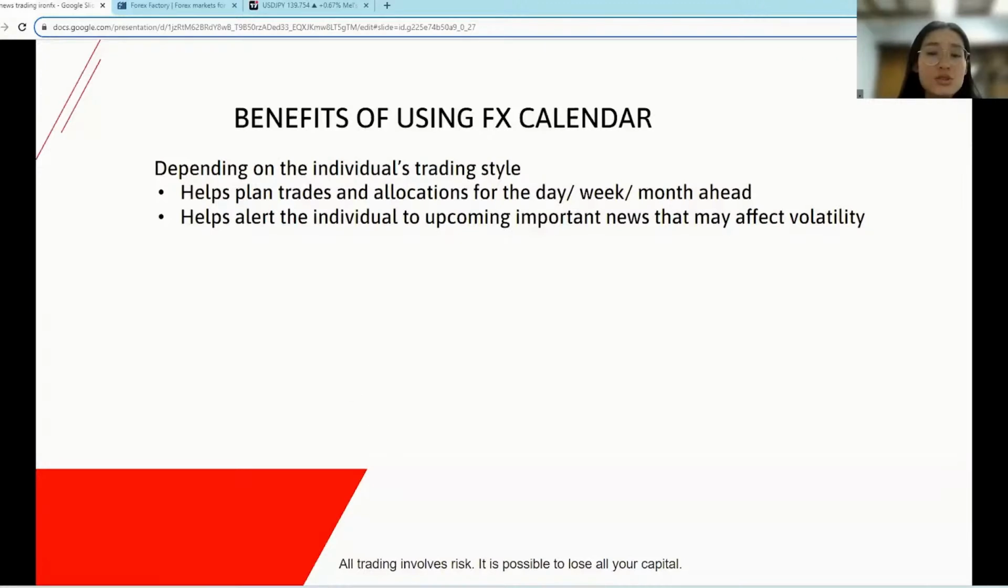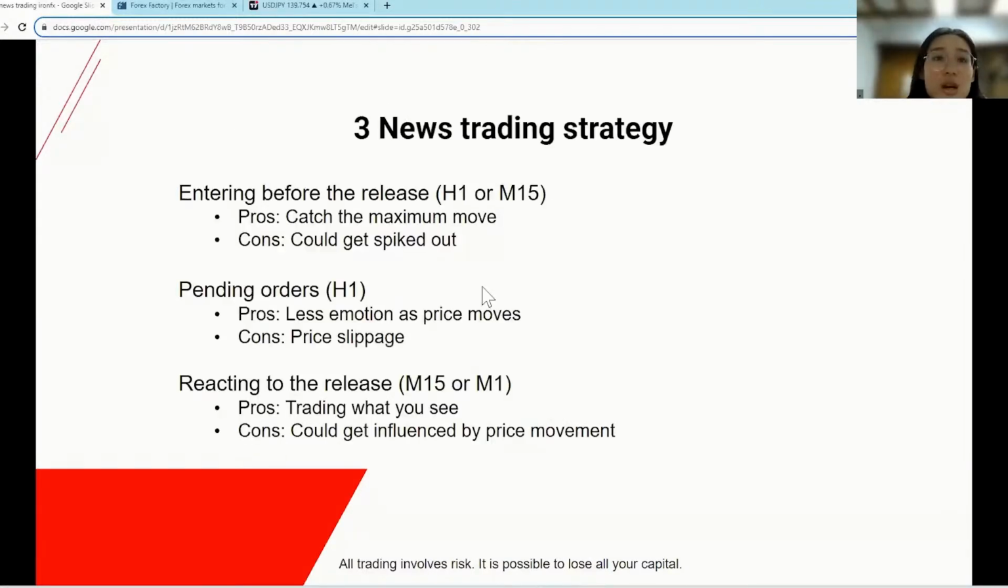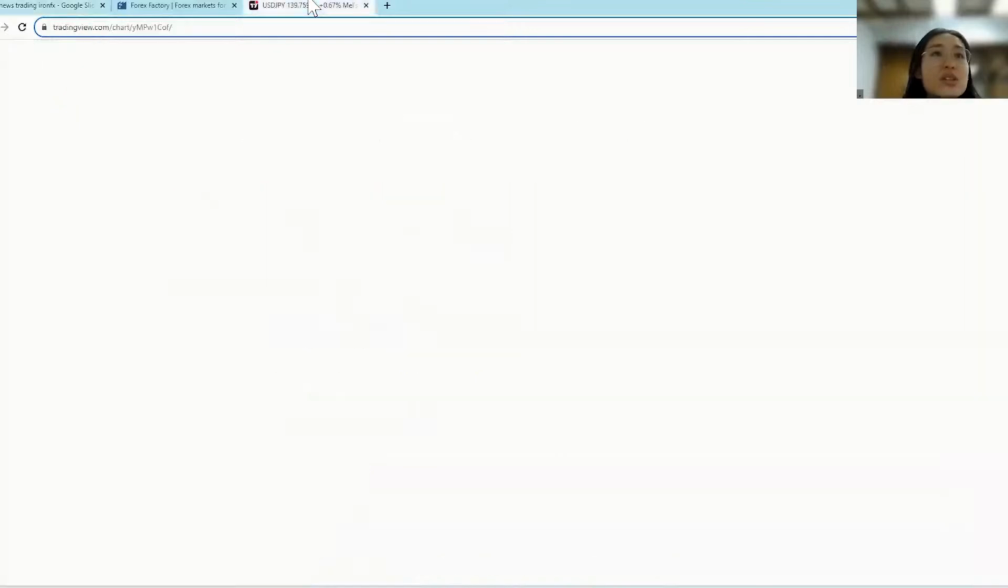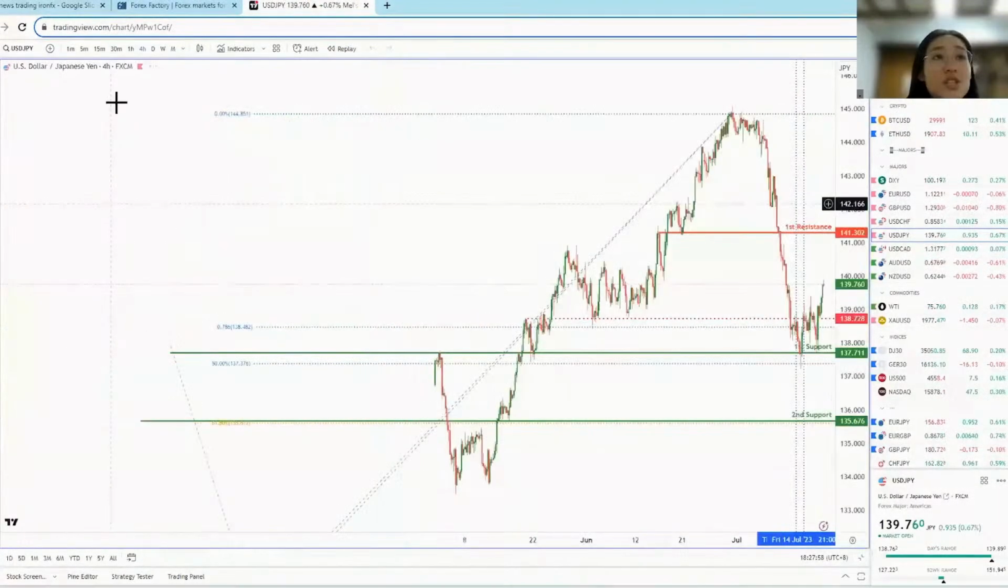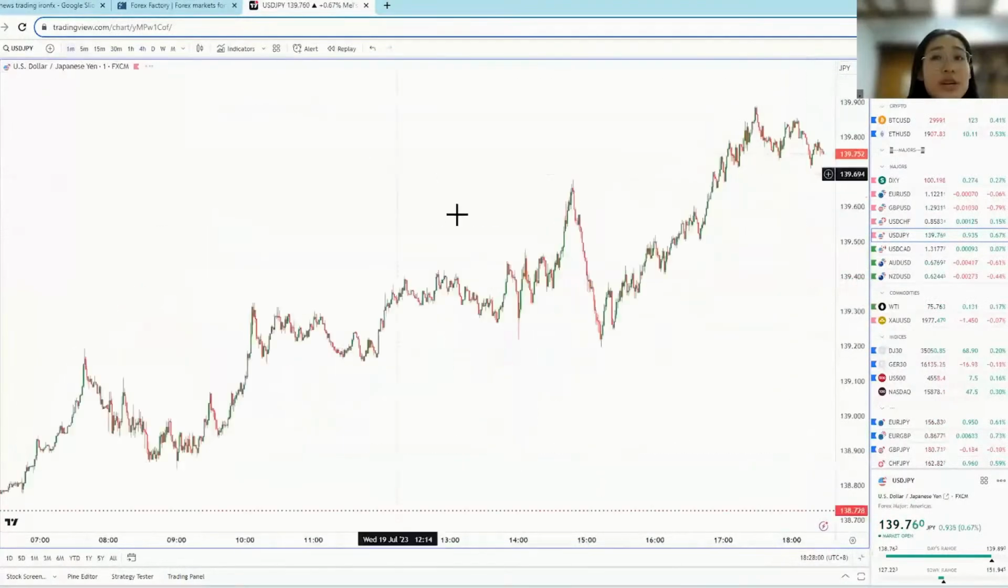So trading on the 1 minute, reacting to the release. Okay, sure. Over here, we typically wouldn't recommend trading on the 1 minute because, for example, if I showed you guys the charts on the 1 minute time frame,